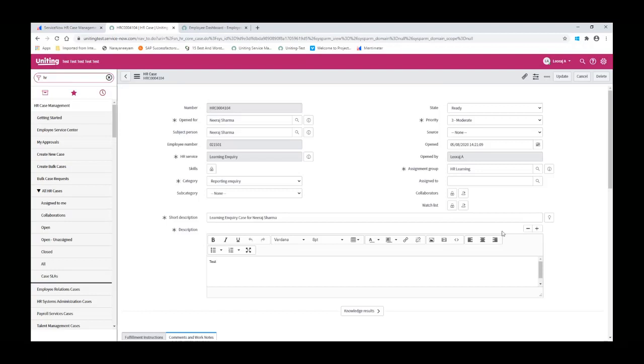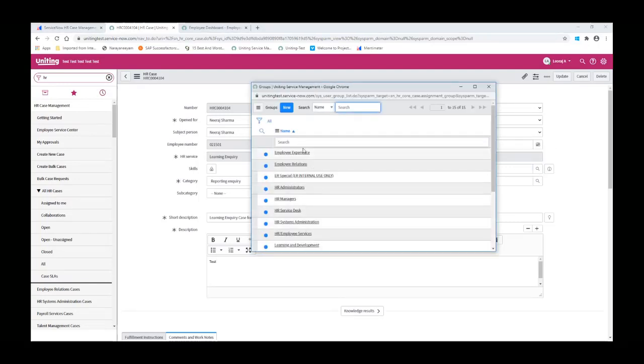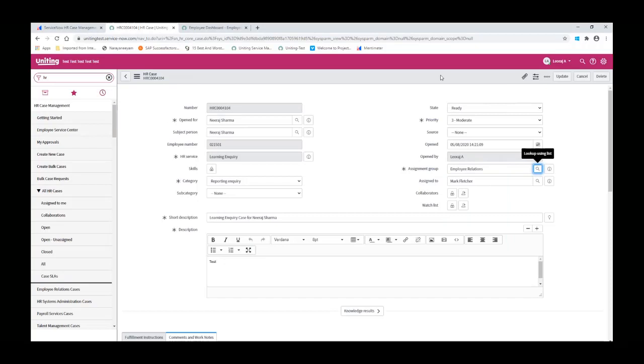The next exercise is we are going to see how to either transfer a case, number one, or number two, change assignment group. If I feel that the HR service for this case is right, this may not be a very good example for you. But if I feel the HR service is right, but the assignment group is incorrect, then I can straight away go to the assignment group and update the assignment group and save the case. But in case I want to change the HR service altogether, in that case, what I can do is,